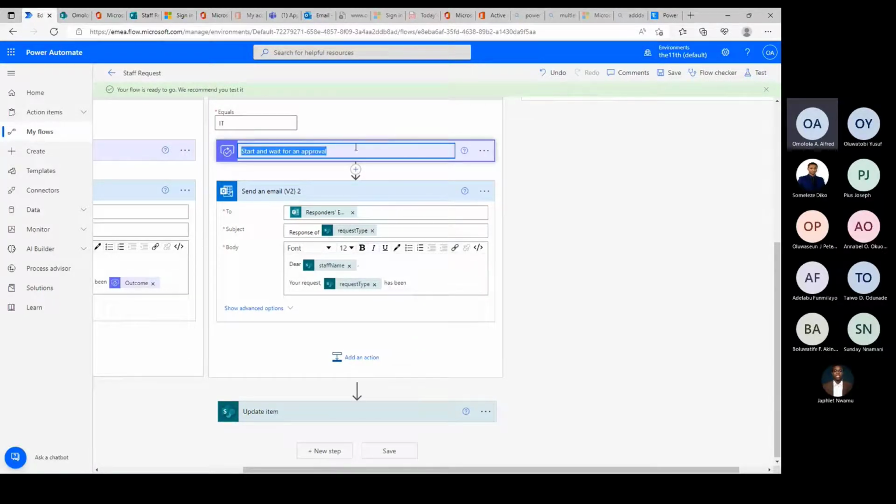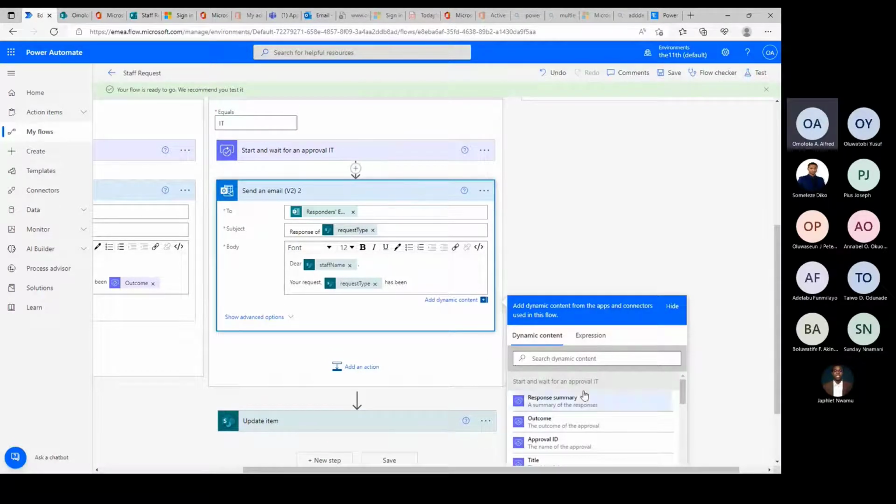So let's rename it, just so we are not confused, and it is best practice. So start and wait for an approval IT. But if you come here, you're going to see start and wait for an approval IT outcome. So your request, the request type has been, whether approved or rejected. So